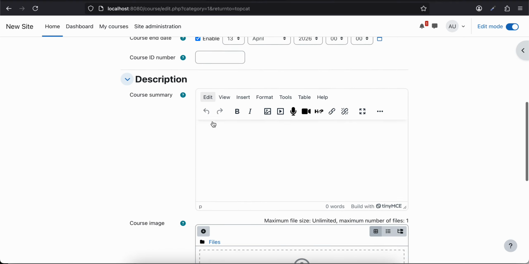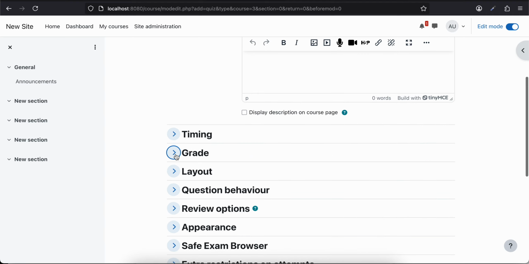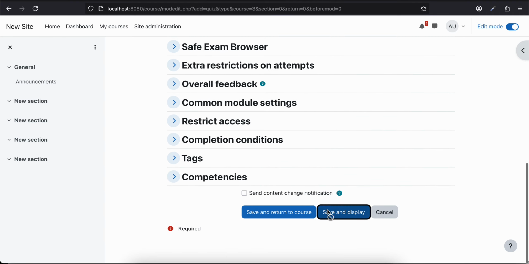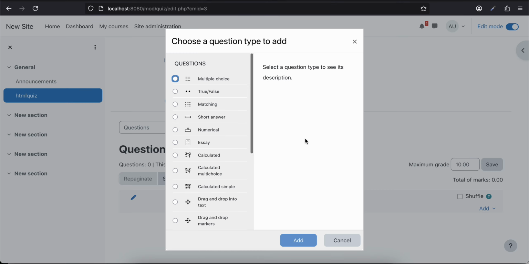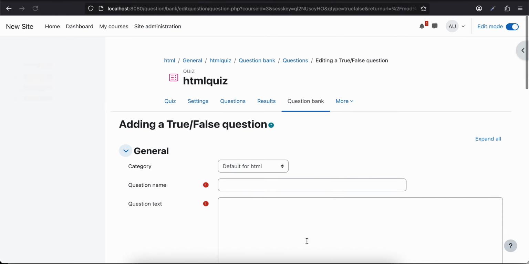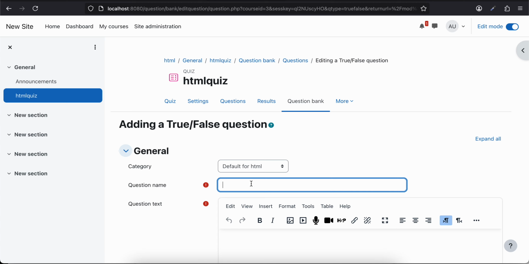I'll just add one quiz, just so that you guys can believe me. Okay, where is quiz? Okay, here it is. Again, I'll just name it as HTML quiz. I'll just scroll down. I'll click on save and display again. I'll add a question, click on add, a new question, true and false. I'll click on add. I'll just name it as